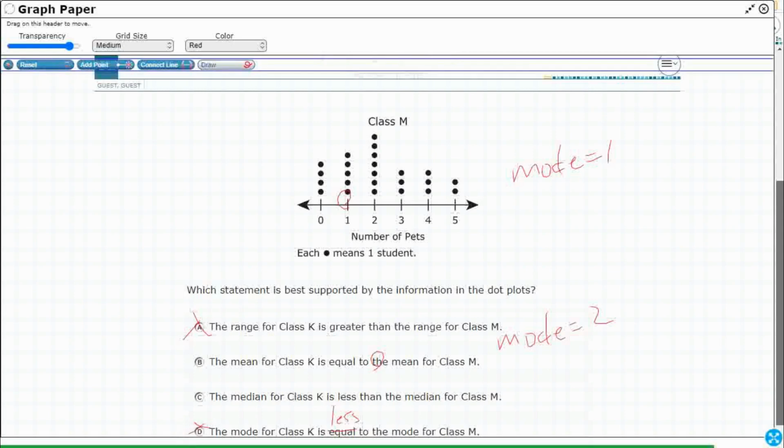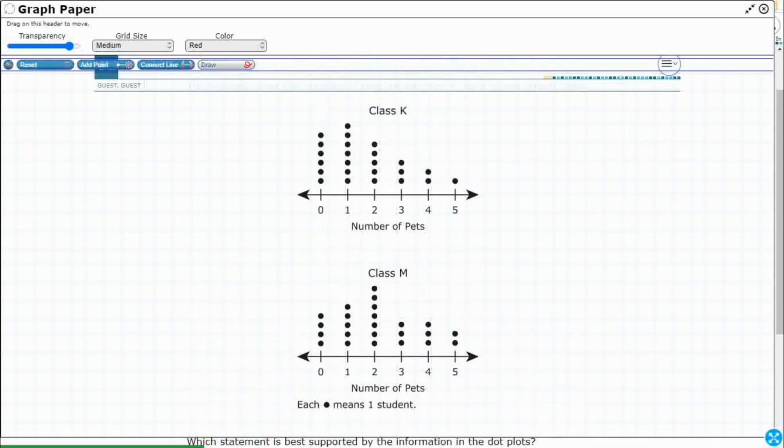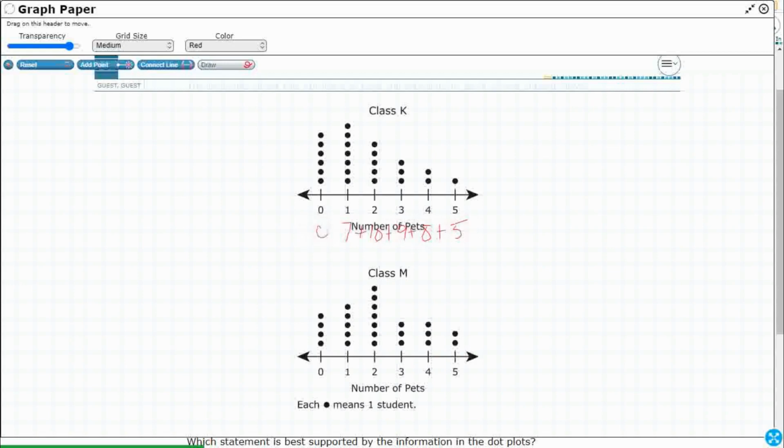Now we're going to get into the ones that require a little bit of thinking and calculation, right? So the mean. So what does the mean mean? Well, average. So I've got to add these up, right? So that's a whole bunch of zeros. So I've got 1, 2, 3, 4, 5, 6, 7. And then I've got 2, 4, 6, 8, 10. 3, 6, 9, 8, and 5, right? So we got to add these up. That's just a whole bunch of zeros, right? So that's going to be 17 and 17, 34. That's 39